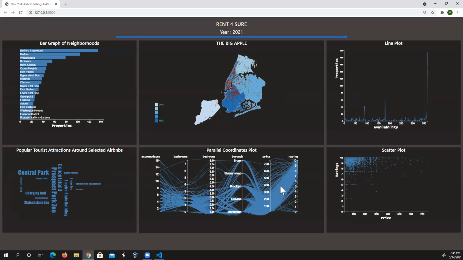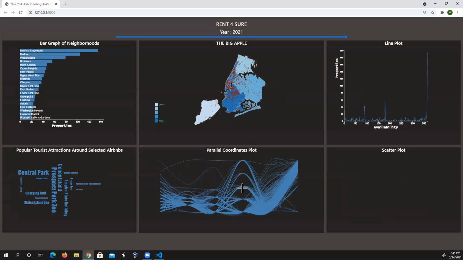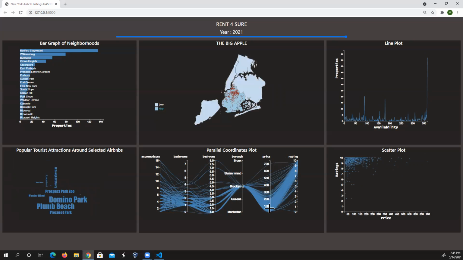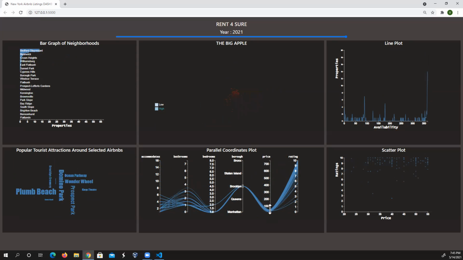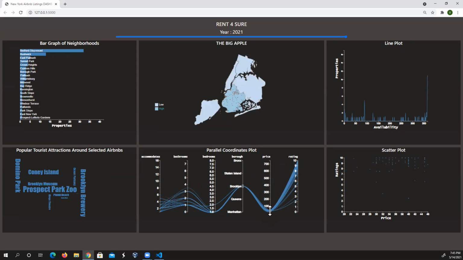Similarly, you can also check for Brooklyn. So Brooklyn, if we go for a lower price, they are kind of spread out throughout Brooklyn.